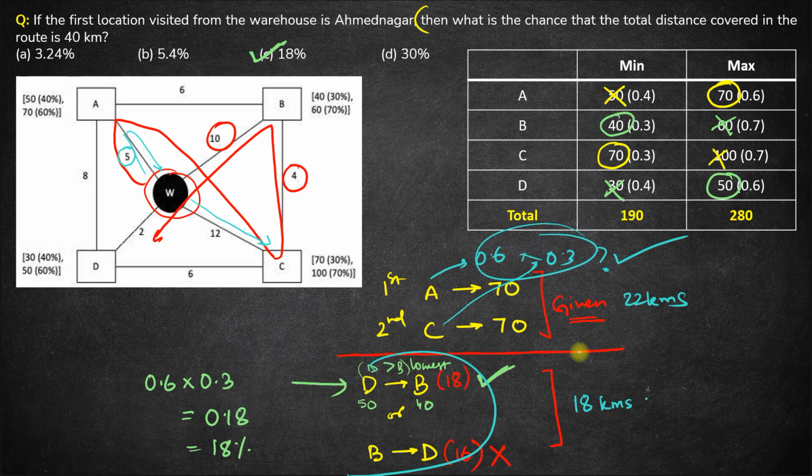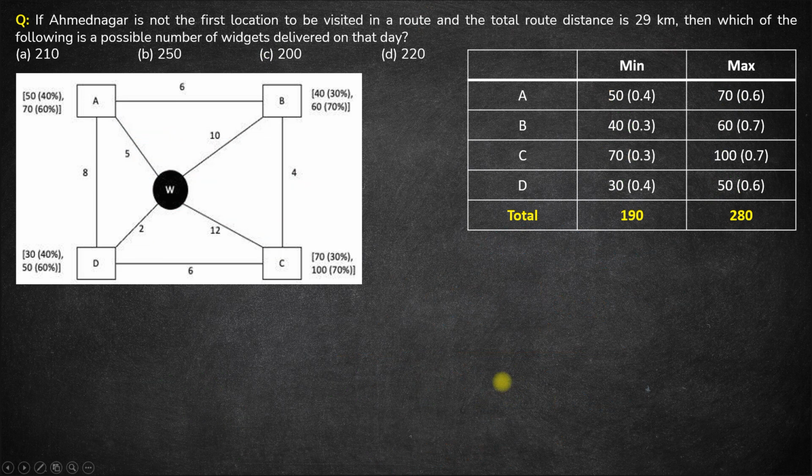Right? Now moving on to the last question in this set. Now in this final question we have, if Ahmednagar is not the first location to be visited. Okay, so Ahmednagar is not the first location to be visited. What this effectively means is that